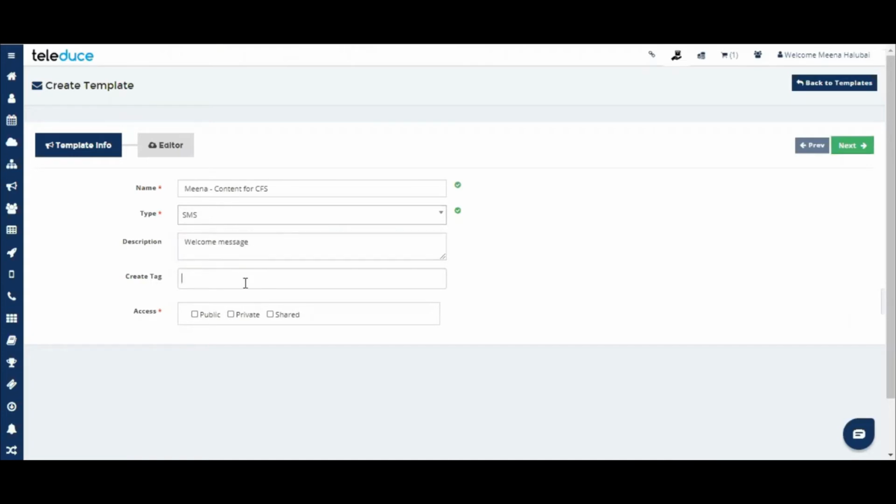And whereas coming to create tags, so in a year we get around a lot of offers, right? So same offers, we can make some changes and then we can utilize it. Now how will you filter out which content you want to utilize? So this is a warm message, right?